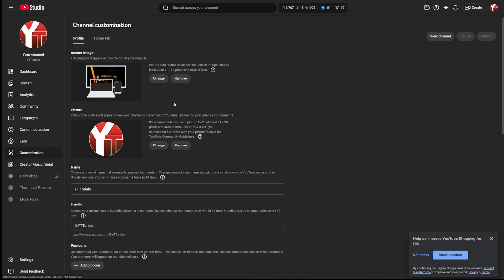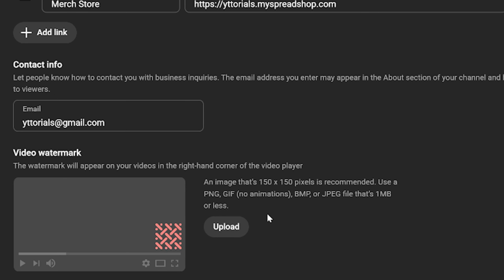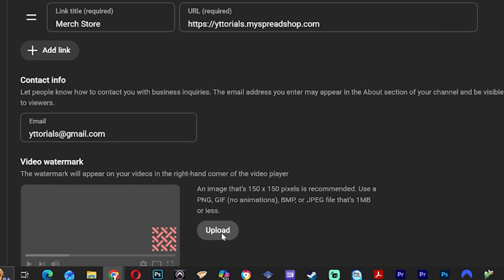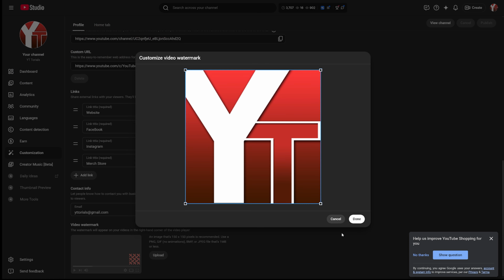From here, under profile, you want to scroll all the way down until you see your watermark. For this, you can see that the image has to be a 1:1. If you do not use a square image, then it will shrink down whatever image that you decide to use here. Either way, I'm gonna go ahead and go to upload, and I'm going to pick out my profile icon